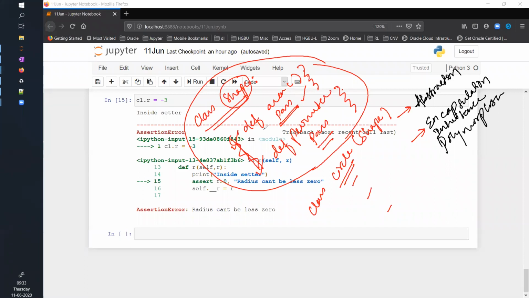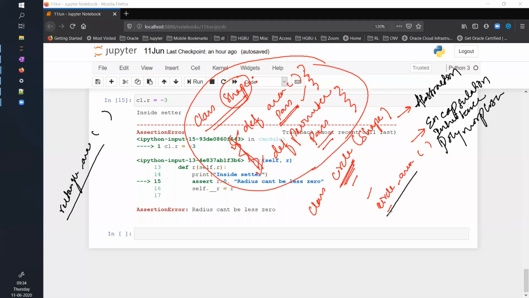Yes, sir. Otherwise, what will happen? Let's say one developer is creating the Circle class and he gives the name circle area. He can give any name, right? And another developer who is developing the Rectangle class can give rectangle area. Now, will it not be difficult for the users who are using my code?